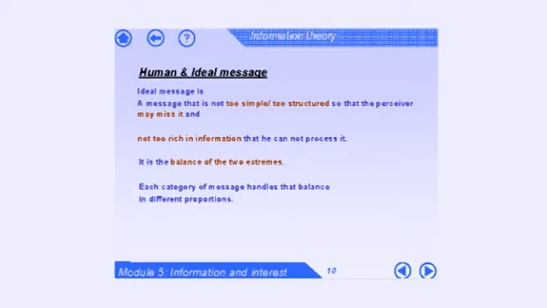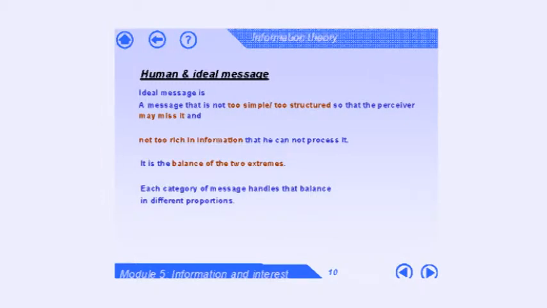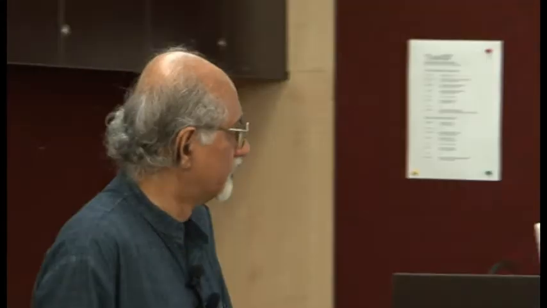So an ideal message is not too simple, not too structured, so that pursuers don't miss it, but at the same time is not too rich in information, so that people just simply struggle to make meaning out of it. So it has to be a mixture of both of them. It's a balance of the 2 extremes, and that is exactly what makes communication so interesting and challenging. You have to continuously keep balancing this. You can look at various kinds of messages, for instance,